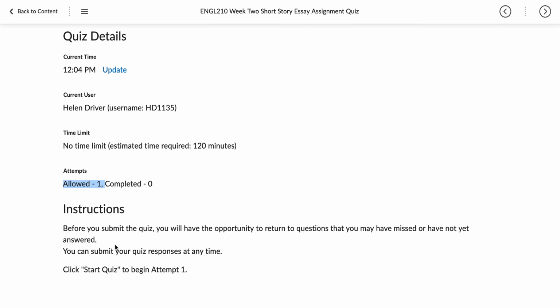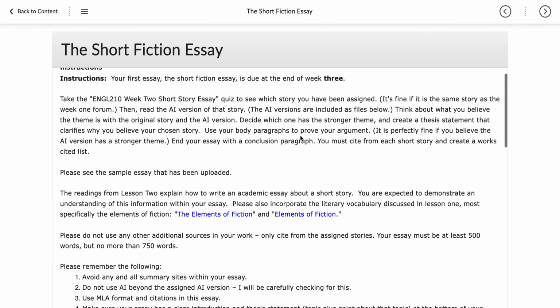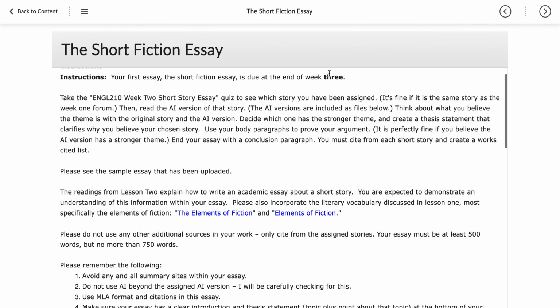They're not for a grade or anything, but by the time I grade it, you should be able to see your response. But if you need to know right away, just send me a quick message. But see if you can take it and remember what short story you were assigned. Then you are going to work on the short story.